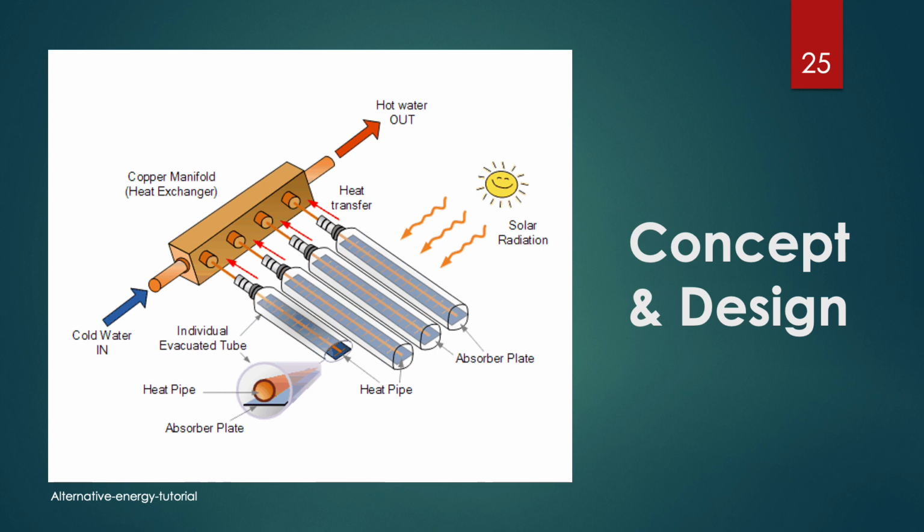Here, as you can see, is a design or a concept of the evacuated tube solar hot water system. Inside each glass tube, a flat or a curved aluminum or copper fin is attached to a metal heat pipe running through the inner tube. The fin is covered with a selective coating that transfers heat to the fluid that is circulating through the pipe. This sealed copper heat pipe transfers the solar heat via convection of its internal heat transfer fluid to a copper